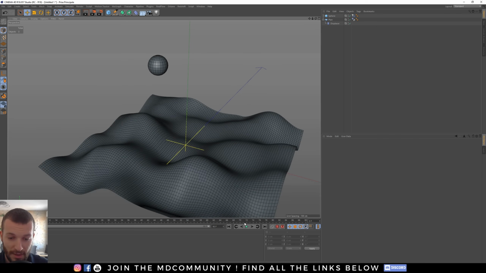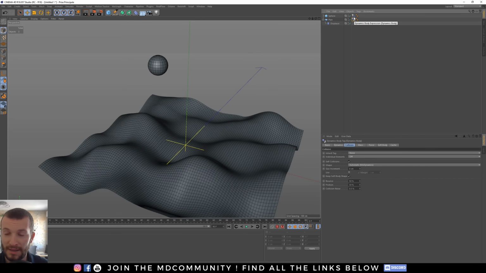Now, I don't want any bounce, so I select the first tag, I hit Control and click on my second tag, and I will modify the bounce value. I will put it to 0, and the friction, I will put it to 0.2, and the collision noise, I will put it to 0.